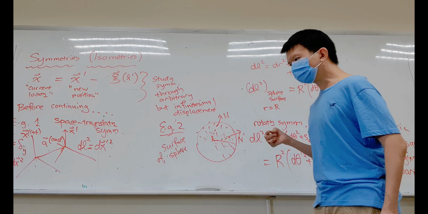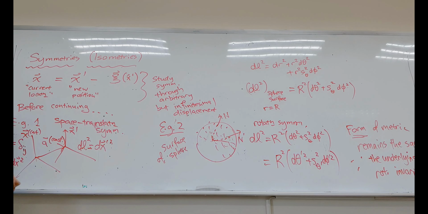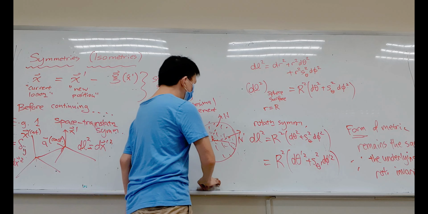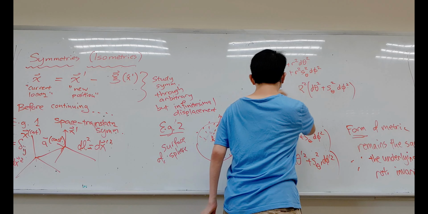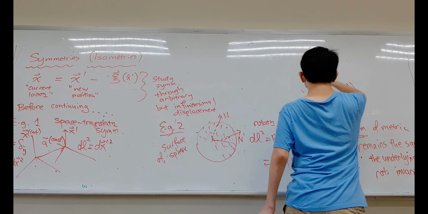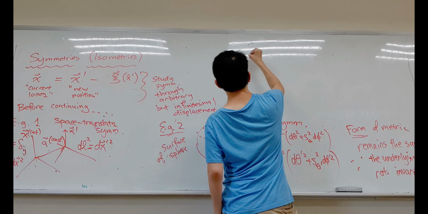And I'm going to use these two observations as simple motivation for defining, in the more general case, what an isometry or symmetry means. So that's what I'm going to do. So we have a symmetry